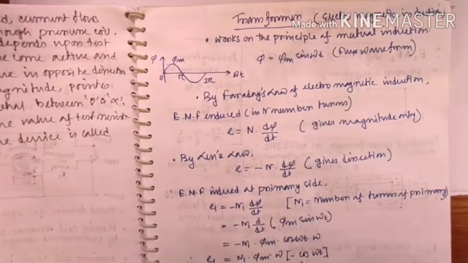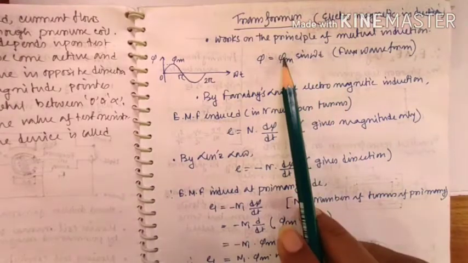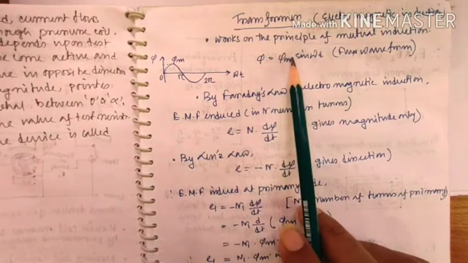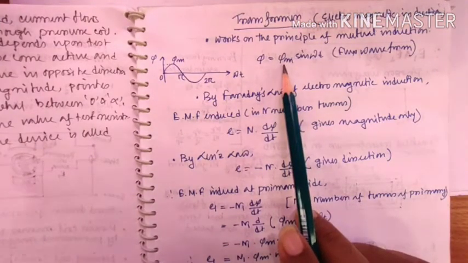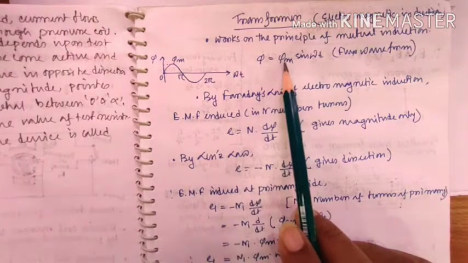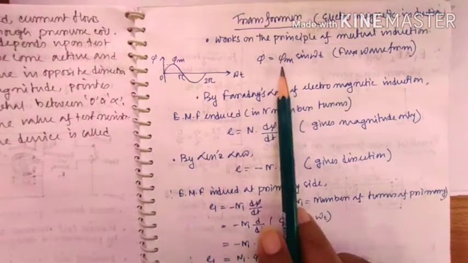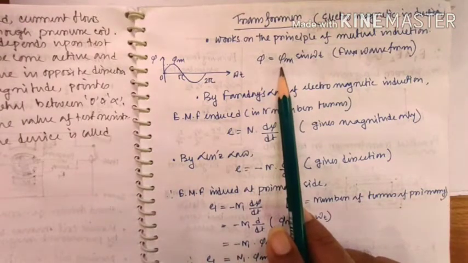As it works on mutual inductance, whenever alternating current flows through the primary winding, it creates magnetic flux lines. The first important thing we need to remember is that the nature of the current flowing through the primary winding and the nature of the magnetic flux produced by this current are always the same or similar. So assume that the primary winding current is sinusoidal in nature, then the flux it creates should also have a sinusoidal nature.